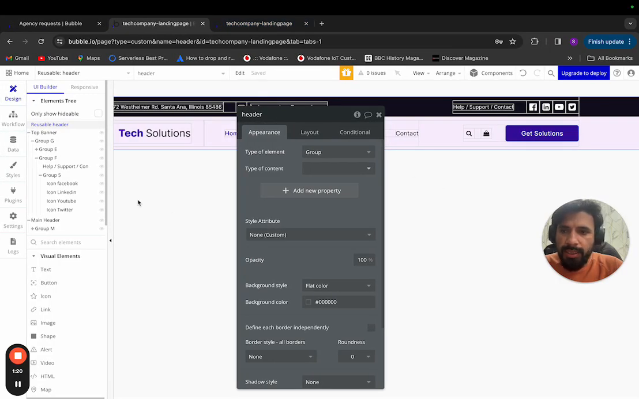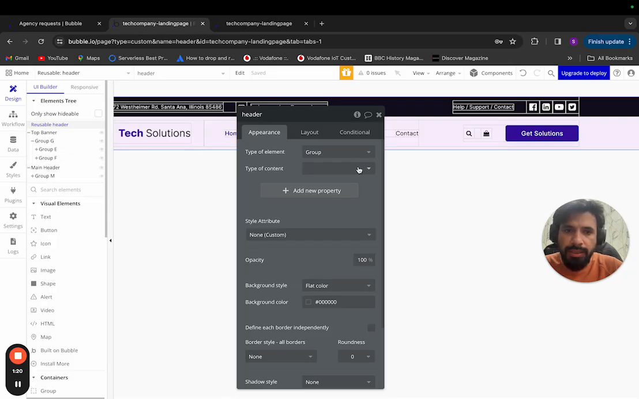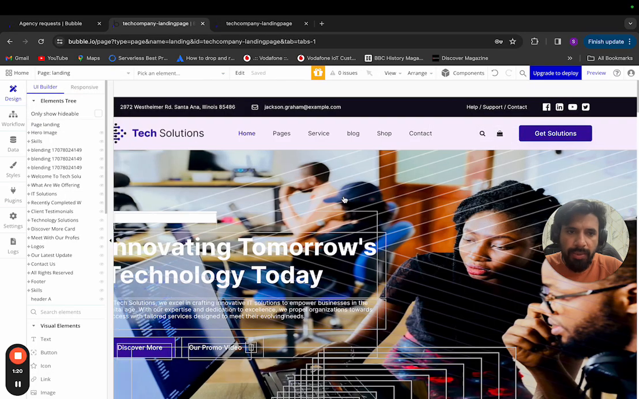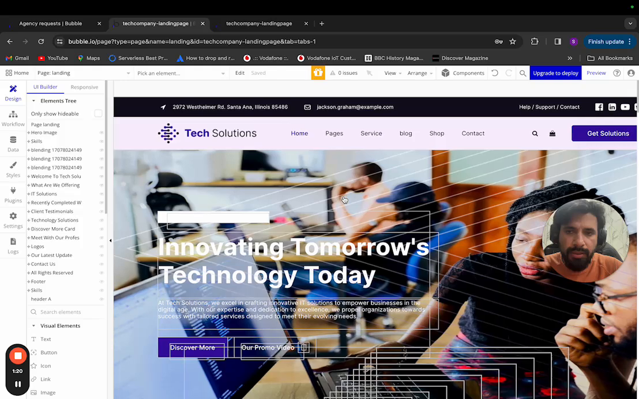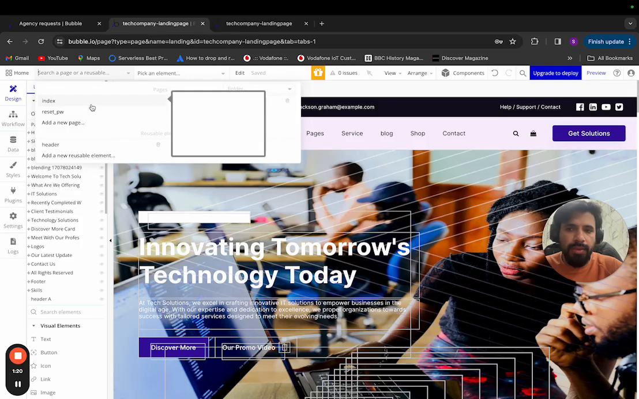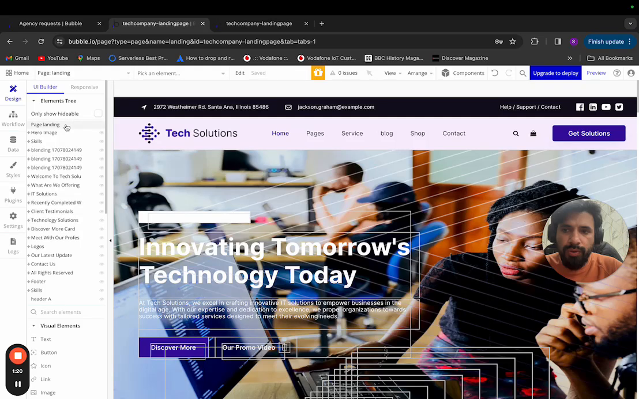So I think this is it. This is our well designed header. Now let's try to see how it looks. By the way, everything is by default on the index page right now because we have imported it, and the name of the frame in the Figma was landing, so it created this page. But let me quickly tell you the quickest way to change this